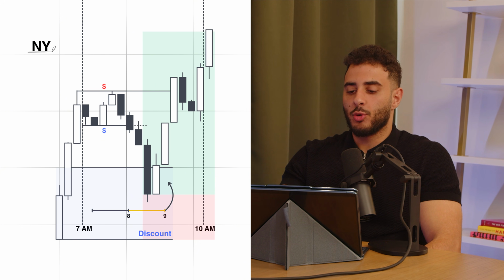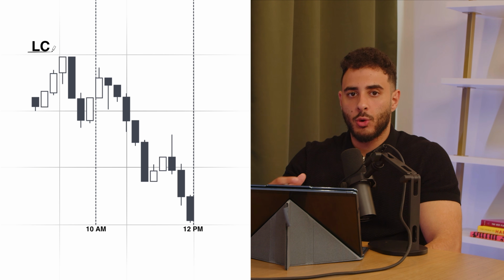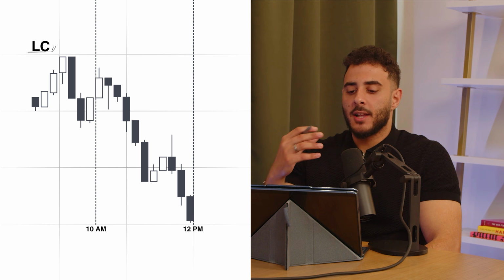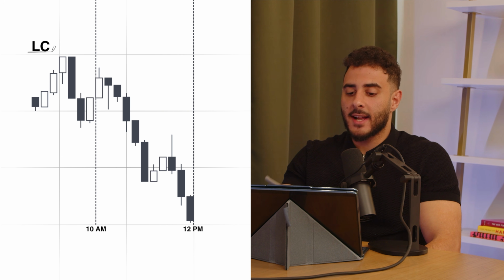Using the golden hour system, you can master scalping the New York, Asia, London, and London close because every single session has their own golden hour. Let's break down the golden hour over a real chart so you can better understand how to exactly use it to catch insane scalps and day trades.